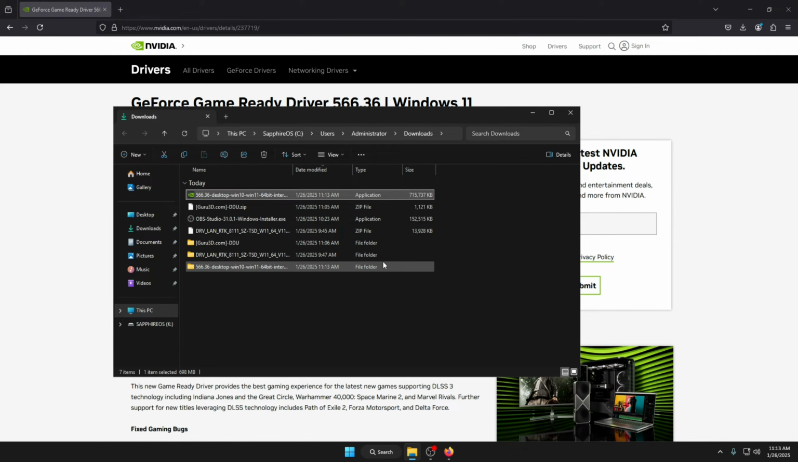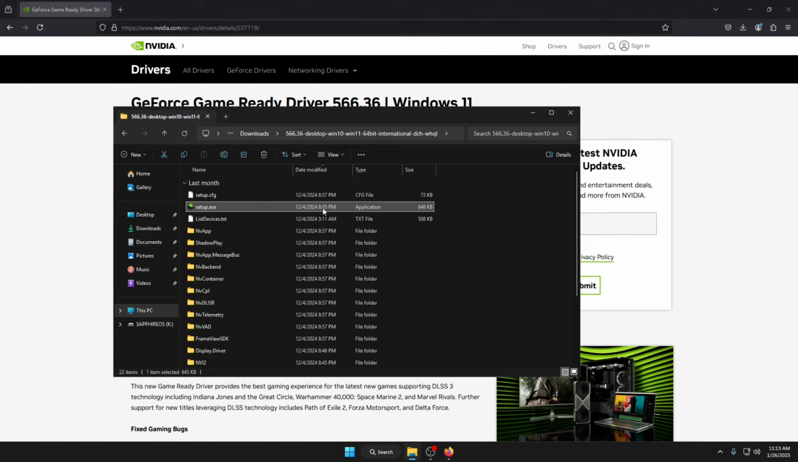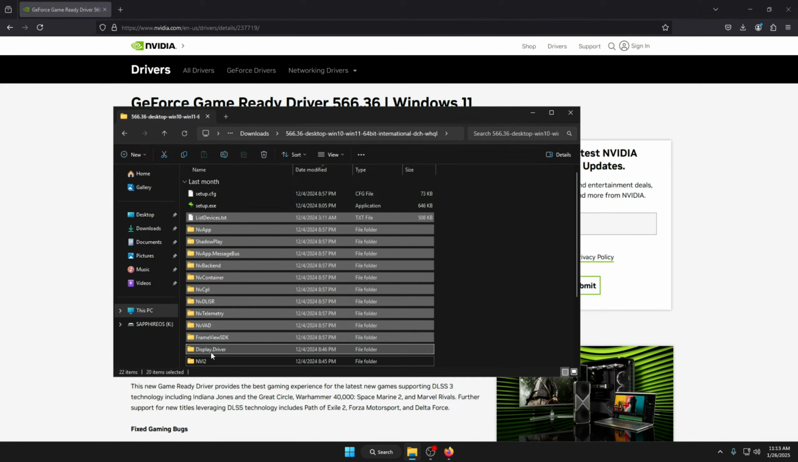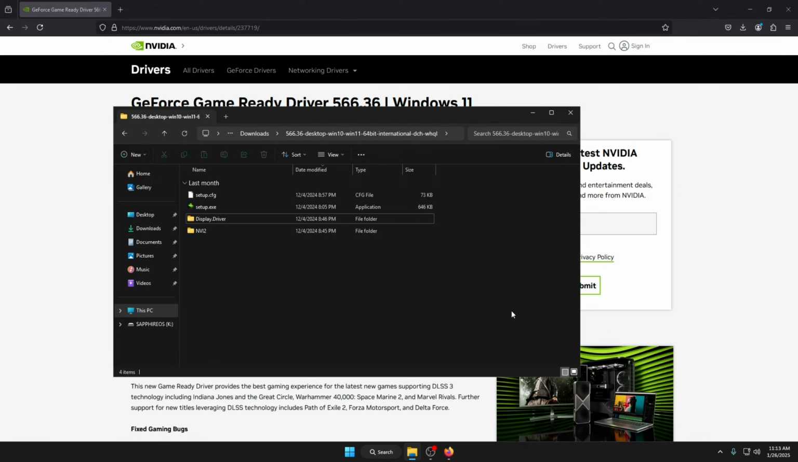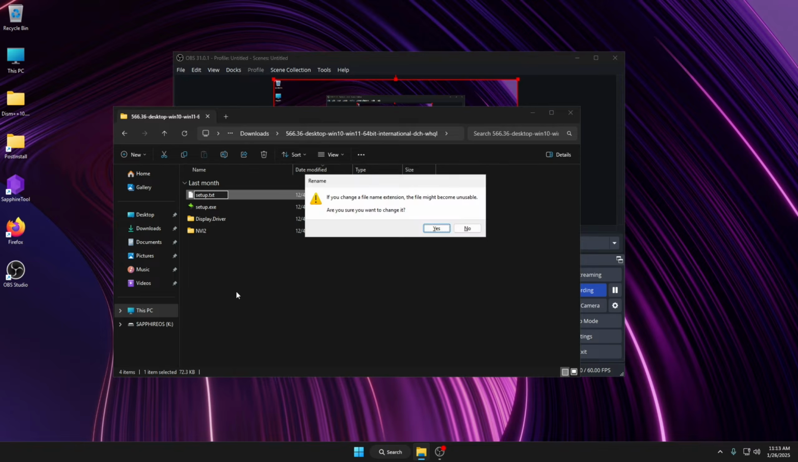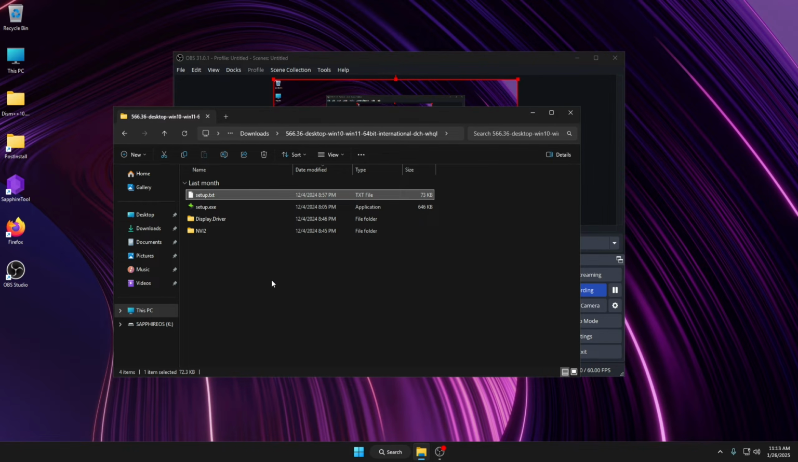Once that is done, open the folder, select something and then click Ctrl and A to select everything. Then hold Ctrl and click setup.exe, setup.cfg, NVIDIA2 and display driver. Then press Shift plus Delete to delete everything else. Now, you can either rename setup.cfg to setup.txt and see if you can edit it. If you can't, rename it back to setup.cfg